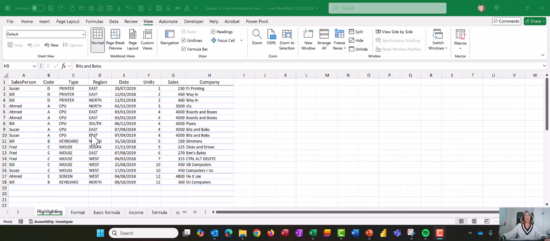So I'm going to show you 3 features of Excel that are fairly new. They've been around for a bit and I can't live without these. The only thing I would say, you need to have the 365 version of Excel, and some of the features,